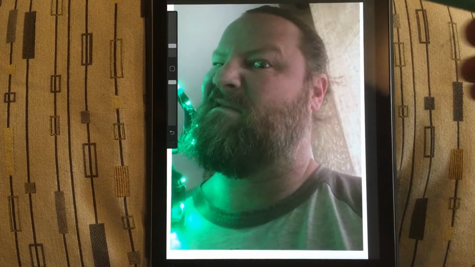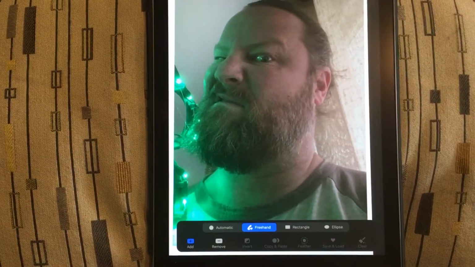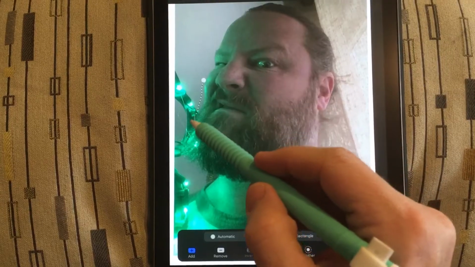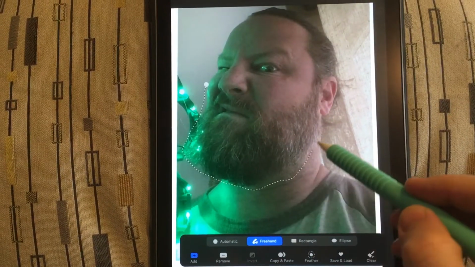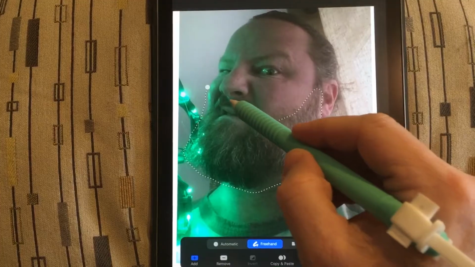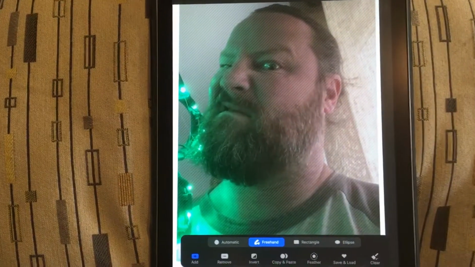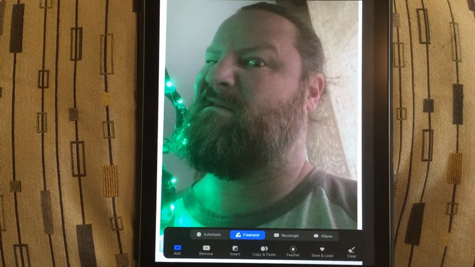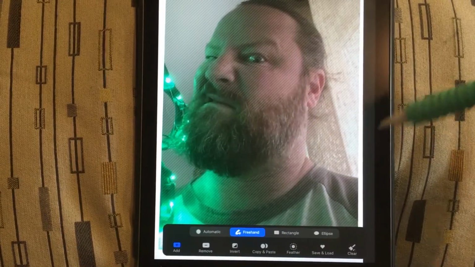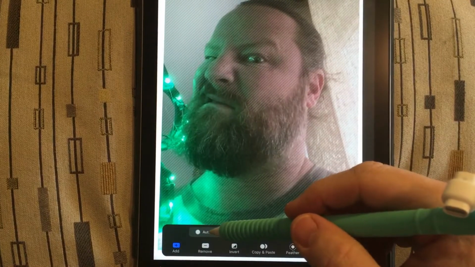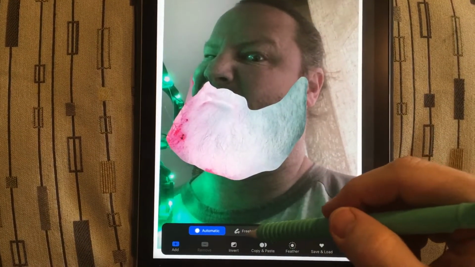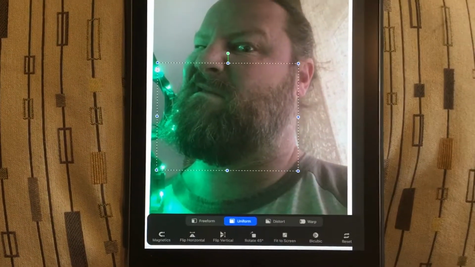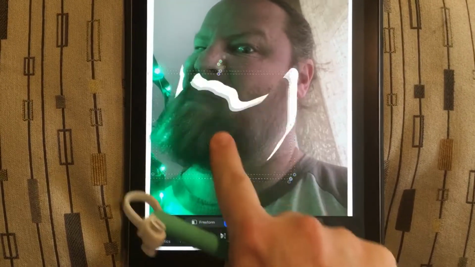So if we go to select some of this, we can select parts of the face. So let's say I wanted to take the beard specifically. So I could kind of trace around the beard. And then if I select, where is it? Oops. Not that one. The selection, I can move this around,